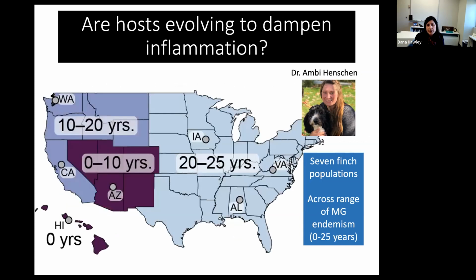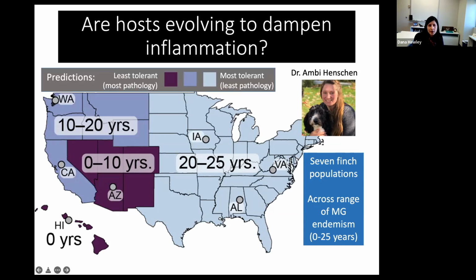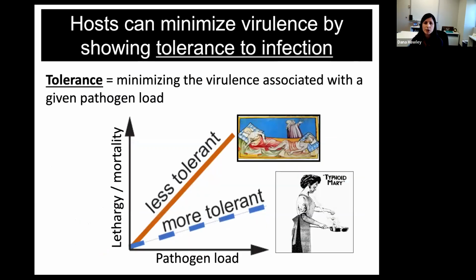examine whether the effects we were seeing were strain specific or whether they're still reproducible with more recent isolates. So for the analysis I'm showing you today, just for visualization, we categorized these 7 populations into 3 categories, from light blue, which included the populations that have the longest exposure, so Virginia, Iowa, Alabama, then the light purple and the dark purple here. Our predictions were that if there was evolution of tolerance, we would see the most tolerance in these populations that have had the longest population level exposure to MG.